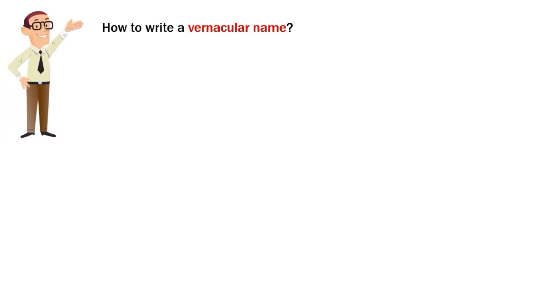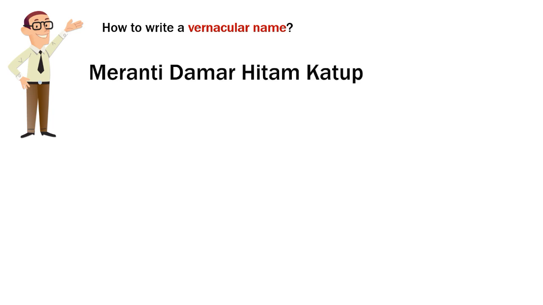And how to write a vernacular name? This is a species from Dipterocarpaceae family. Meranti damar hitam katuk is a vernacular name. So the first order is a genus, Meranti. Meranti is a genus